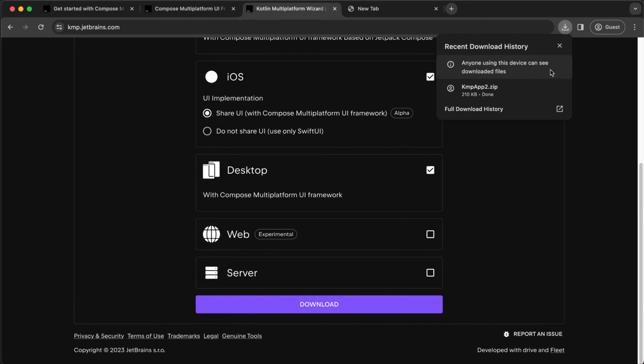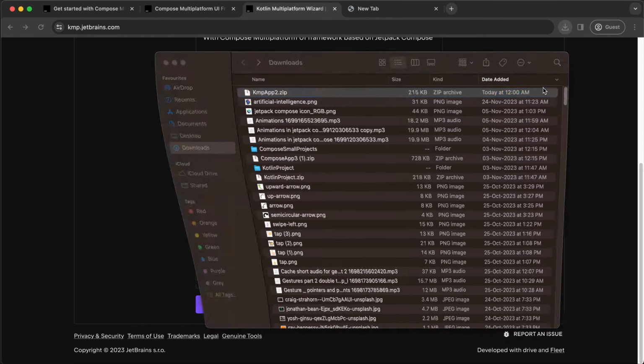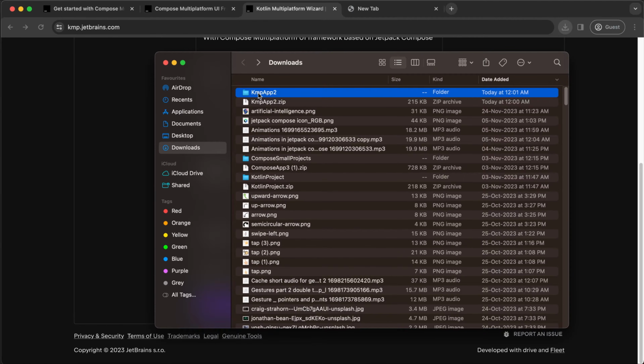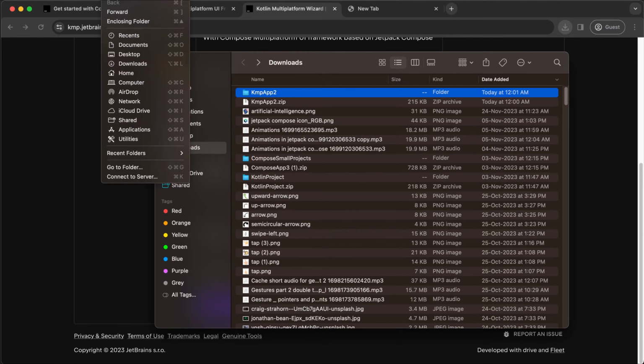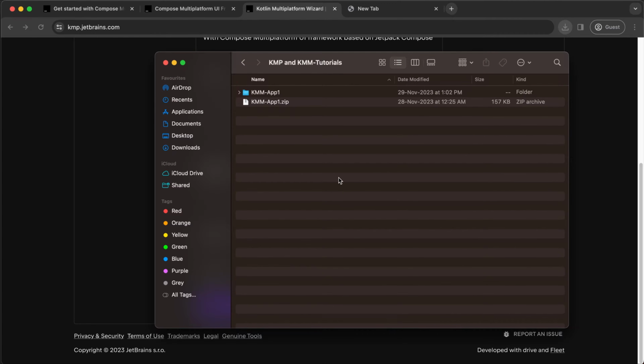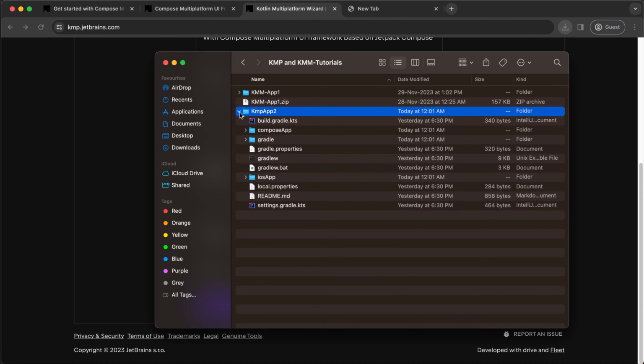Now let's go there, extract it and just copy it, and then we need to copy it to, yeah, the KMP and KMM tutorials. Okay, cool. So KMP app,